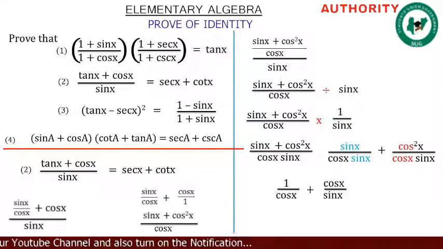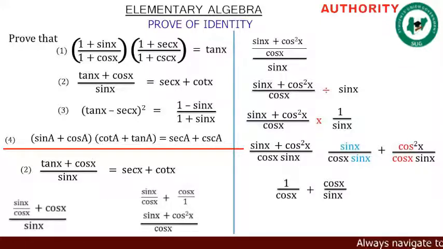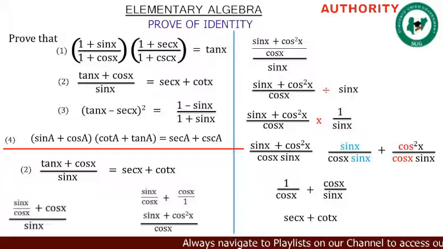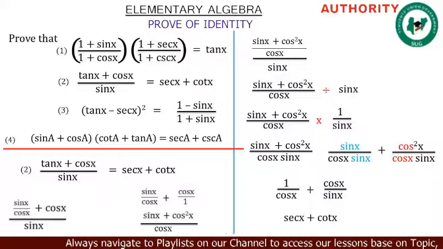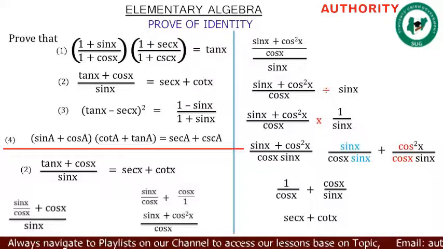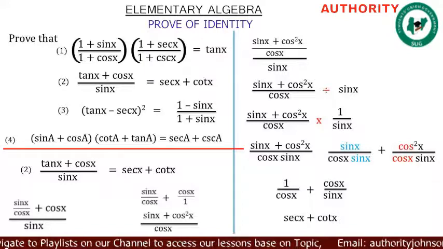Okay, now in our second side we have cos squared x. So one of the cos x in the numerator cancels the cos x in the denominator, so we'll be left with cos x in the numerator and sine x in the denominator. So we are going to have 1 all over cos x plus cos x all over sine x. Then you discover that 1 all over cos x is the same as sec x. That is, 1 all over cos x is the inverse of cos x, and the inverse of cos x is sec x,